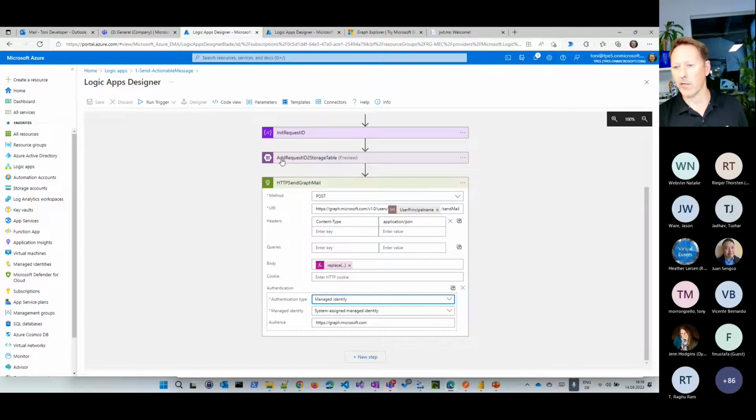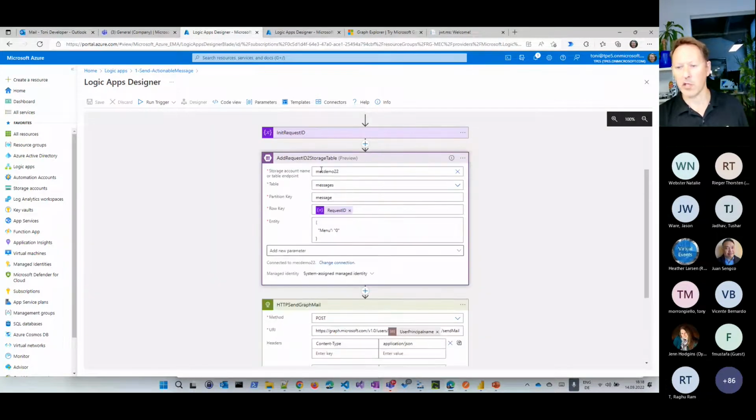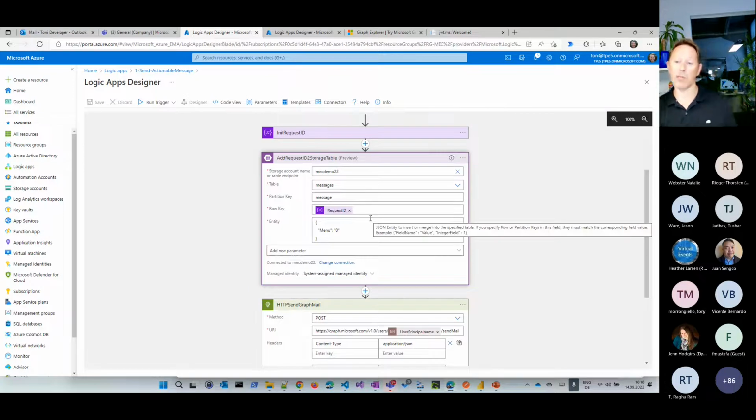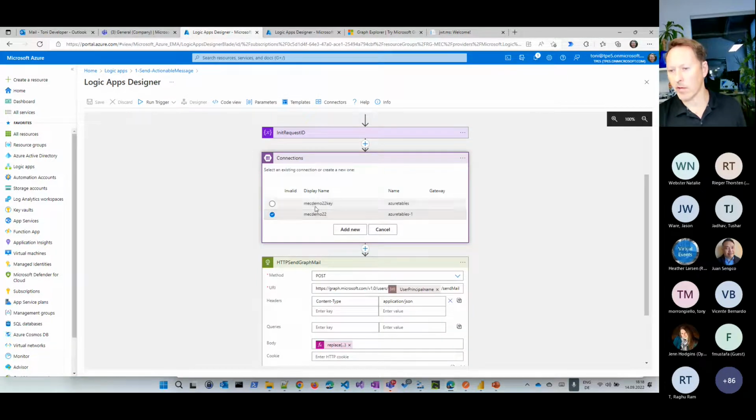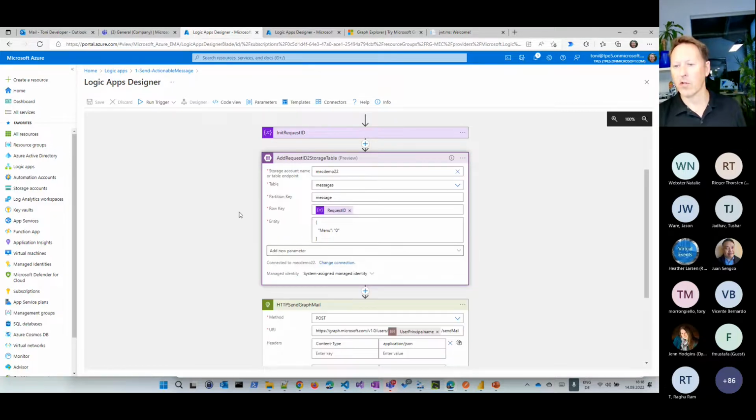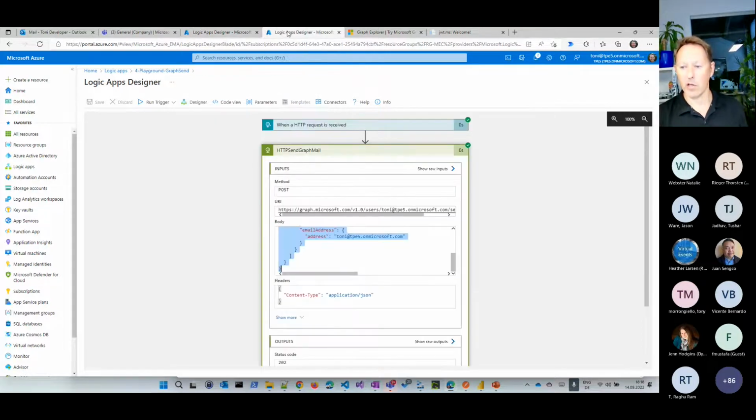If I do something else, like for example, doing something in a storage table or whatever is part of that business process, you can also select what kind of connection you want to use to access that resource here. In that case, that's an Azure Storage account. So I authenticated here with that connection, which is in the API connections of that logic app. So it always depends on the connector, what the connector understands and what kind of authentication the connector provides. So that's more or less the simple method, how you can use these logic apps here.